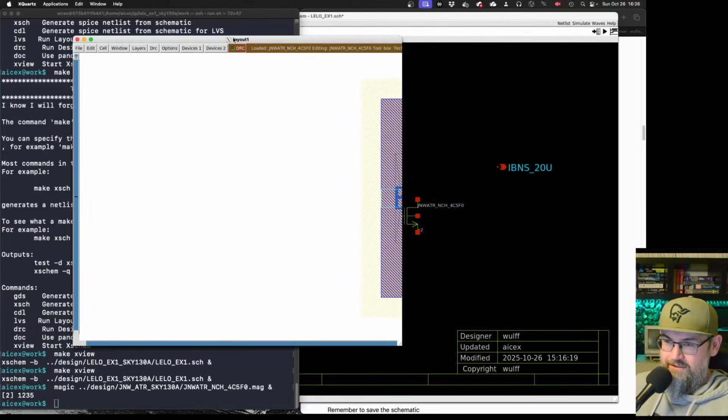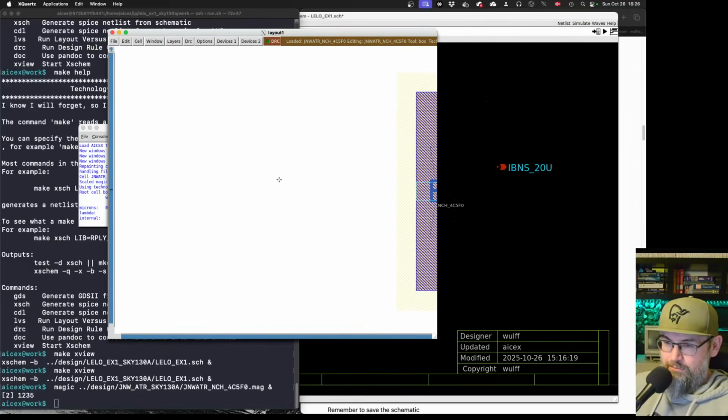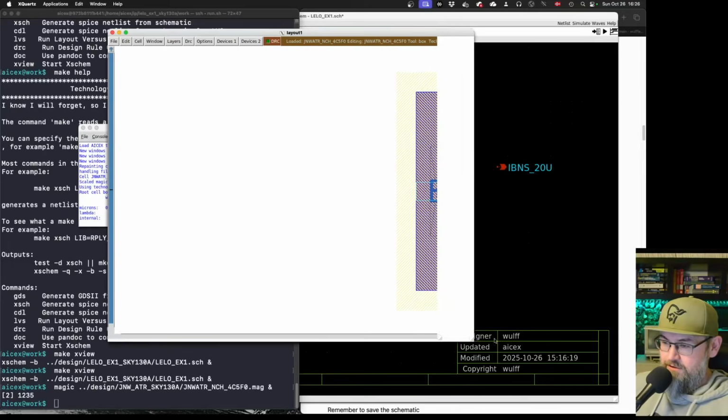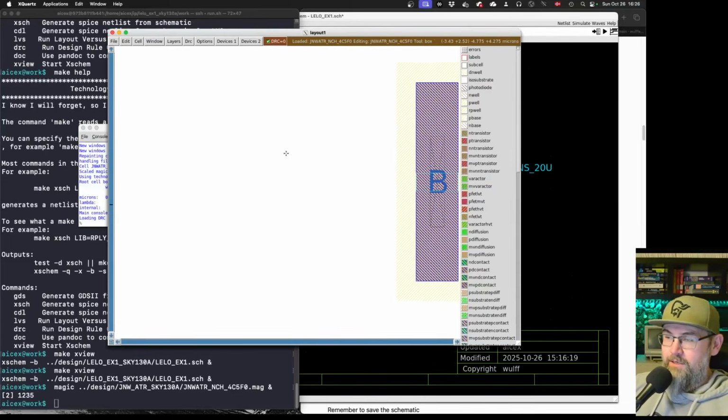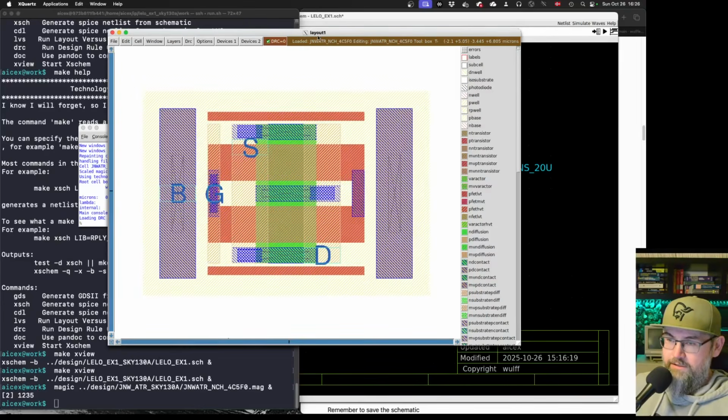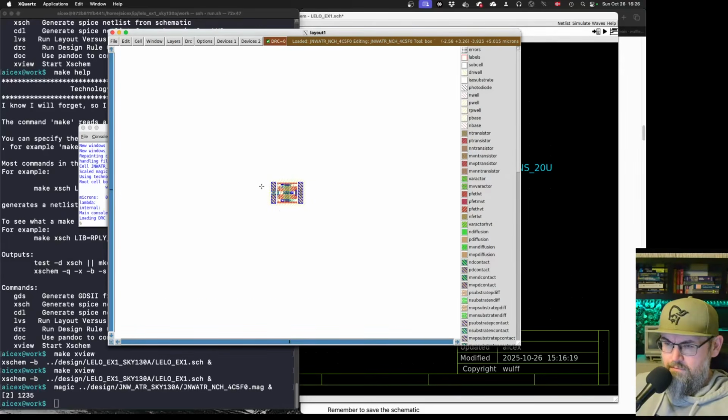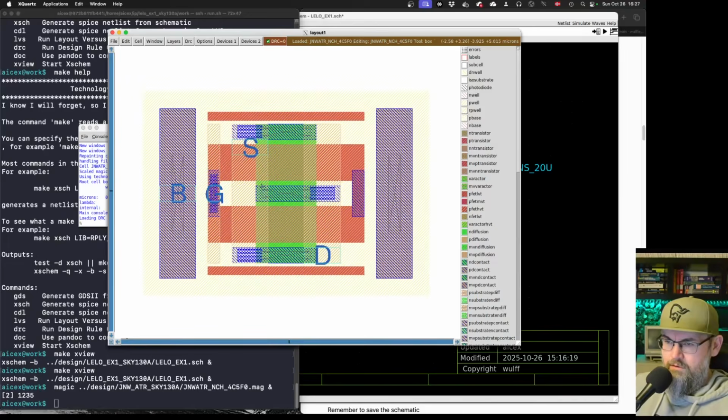And let's see. If I press, is it? No, I still have to wait until it's loading. It's still loading. Slow, slow, slow. But if I select the layout window and I press V, it's gonna, or F. Is it V or F? No, it's V. To view the full screen, you can see the transistor, and here you can see the transistor